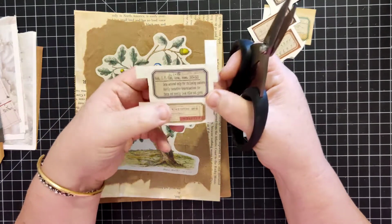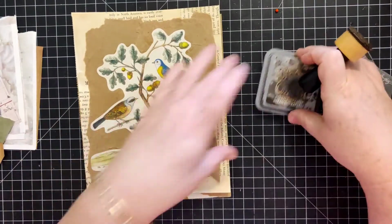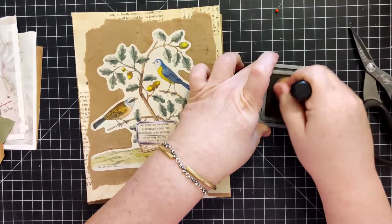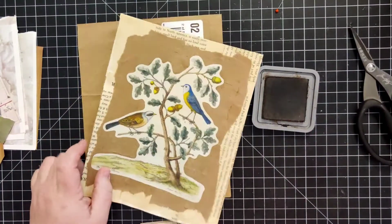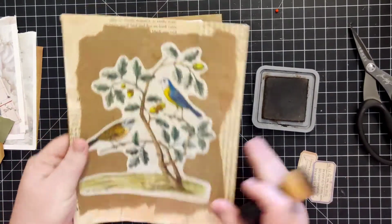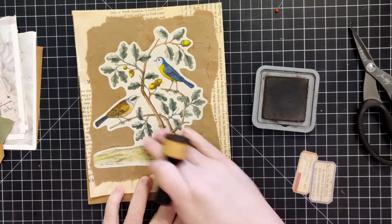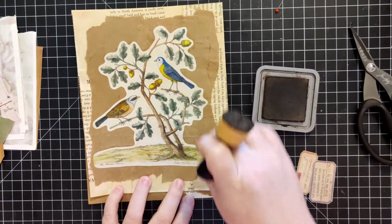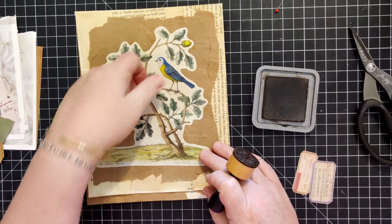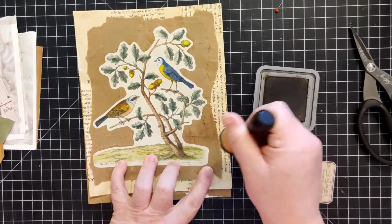I'll go ahead and cut these two out. These will work well. Alright, so those are cut out. I keep thinking this needs to look a little more distressed. And it feels like it's a little bit crooked to me. This one does. So I'm going to see what this might look like if I just kind of